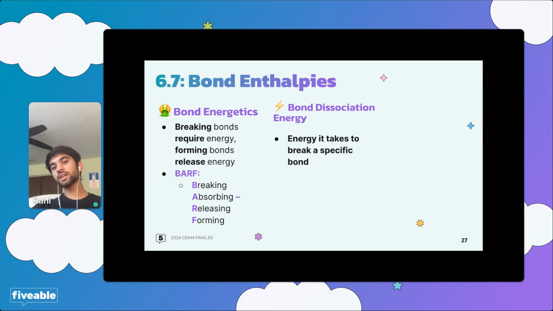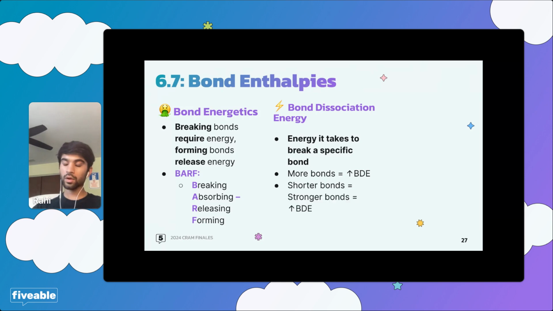Okay. Bond dissociation energy is the amount of energy a system requires to break any given specific bond. If a certain molecule has more bonds, it will have a greater bond dissociation energy, right? If you have a really large molecule with a whole lot of connections, a whole lot of bonds, it will have a higher bond dissociation energy than a substance that is only, say, single bonded. Like carbon monoxide versus carbon trioxide or something like that. And then shorter bonds are also stronger bonds. We know this based on periodic table trends, right? So shorter bonds are typically stronger, and that also means the bond dissociation energy is increased.